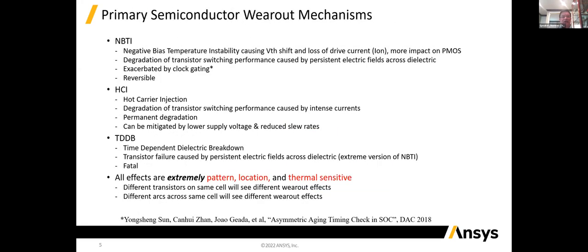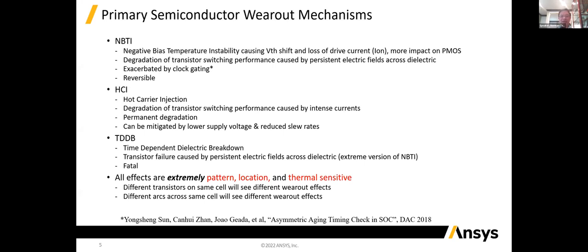The other reliability areas combined with 3 nanometer, 2 nanometer are that gate oxide dielectric breakdown is becoming more serious, including the IMD dielectric. That's because with the 2 nanometer, 3 nanometer design, we have to look at the surrounding temperature for the location of the transistor or the cell. So with different transistors, even in the same cell, they can see different wear-out effects. And different timing arcs for the same cell may also see different wear-out effects.